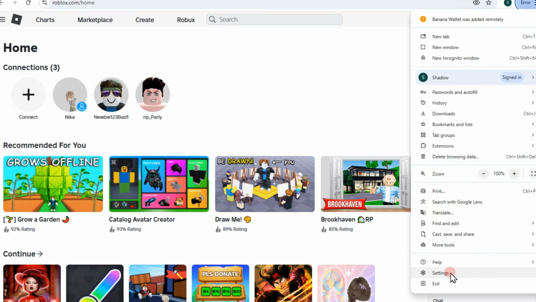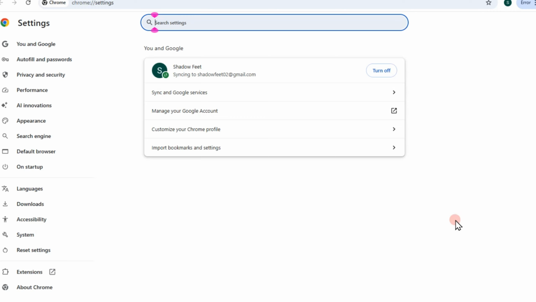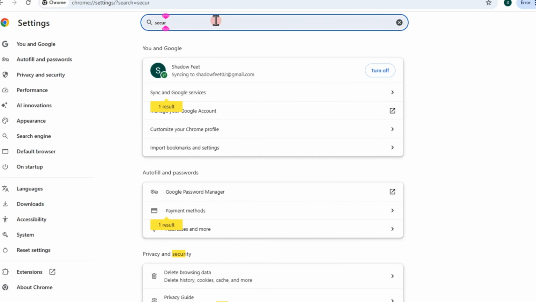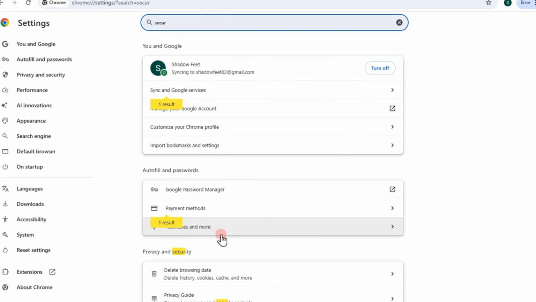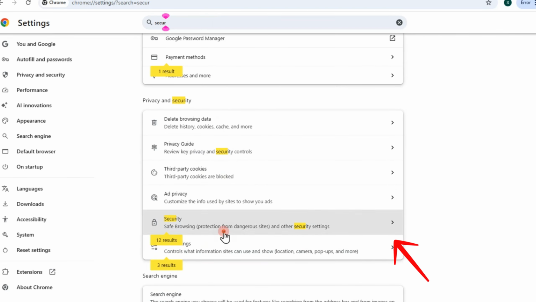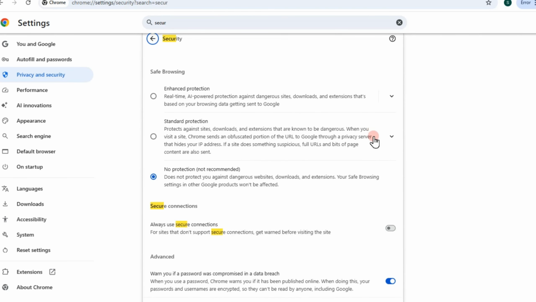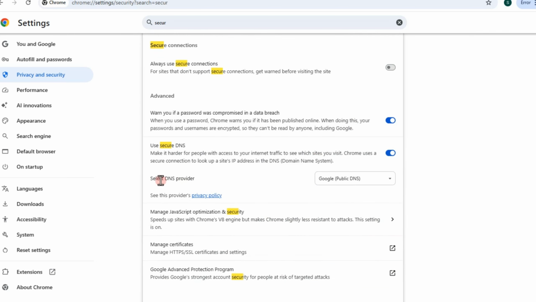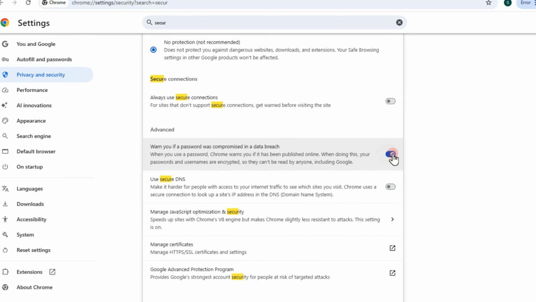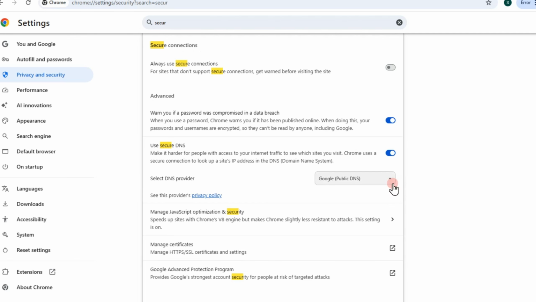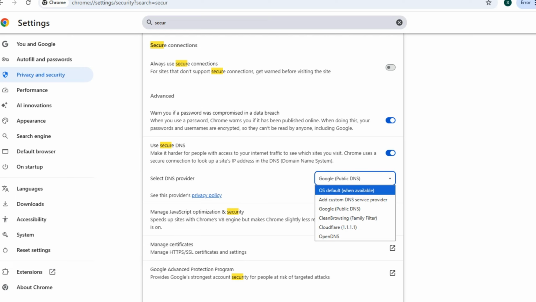So first things first, you have to go to your Roblox, go to your settings, and then here you have to search for security. Now you have to scroll down and then tap on security here. Now you have to make sure that this use DNS is toggled on. So if you can see it, then you have to make sure this one is toggled on and make sure this one is set as Google Public DNS, tap this one,